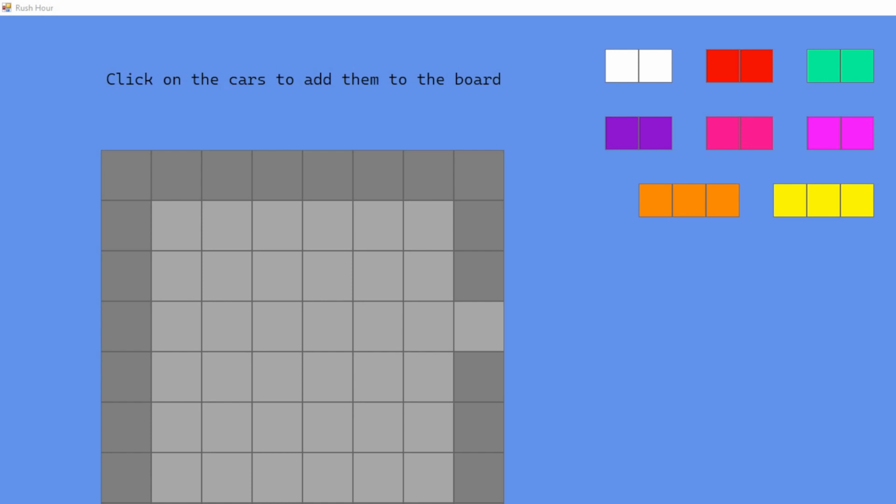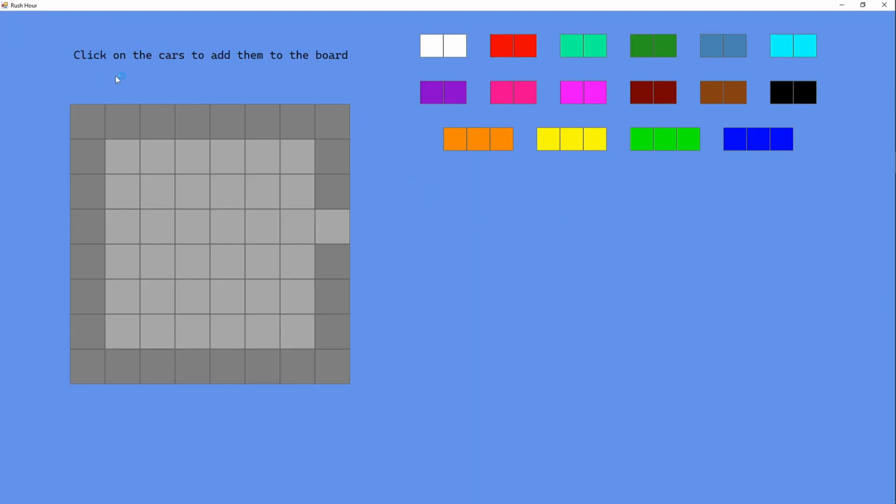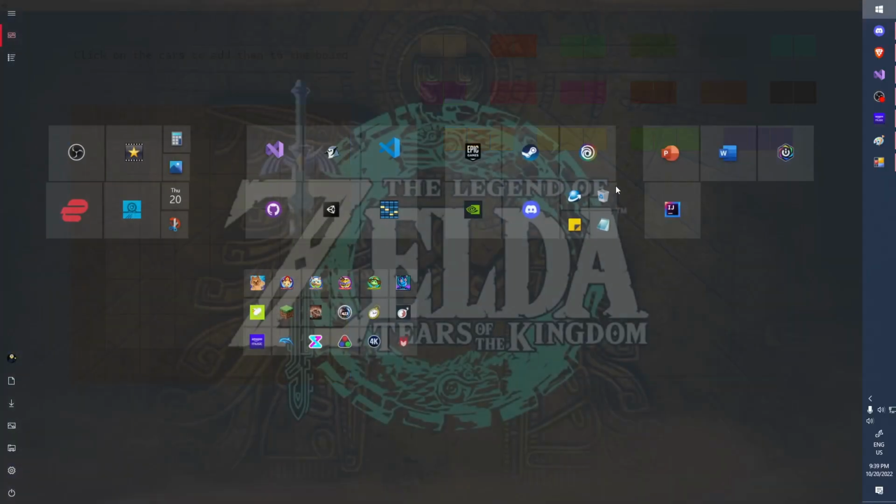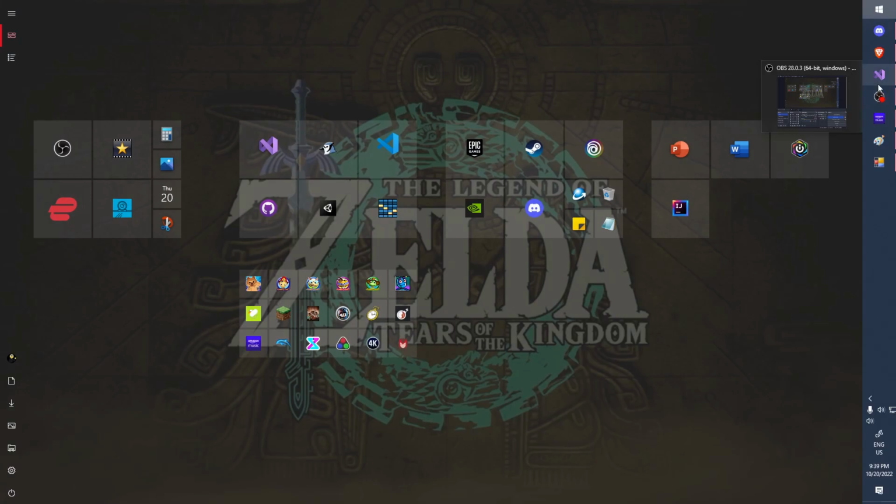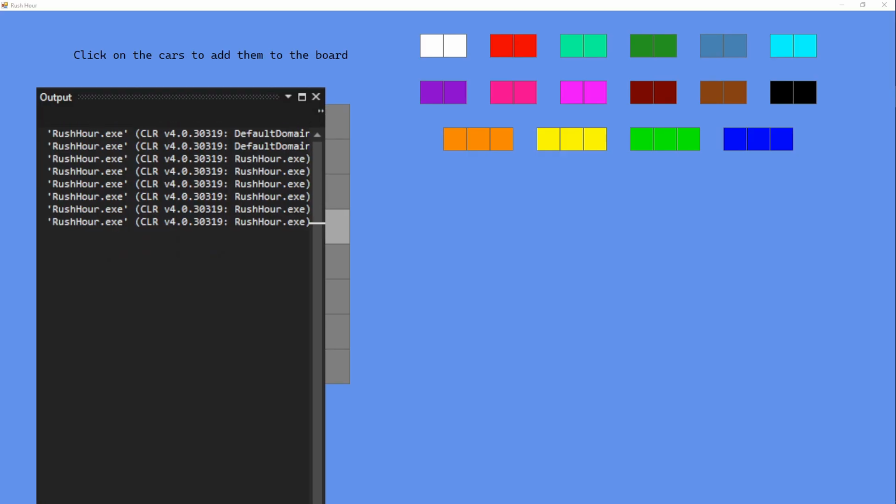Alright, so we added this little label, click on the car to enter the board. We've added the functionality, kind of. Let's open up the output so we can actually see it. Alright, so basically, if I now click, let's say, the white one,